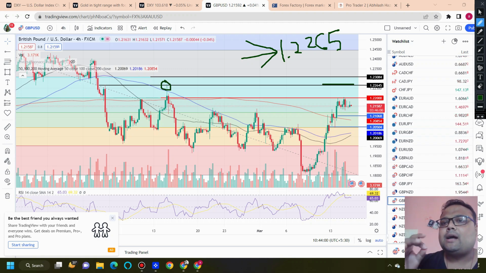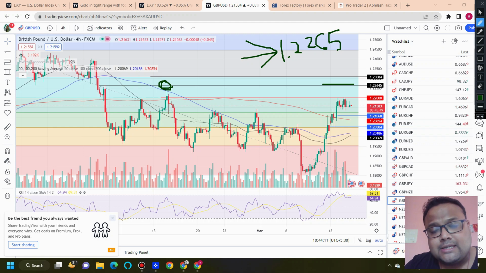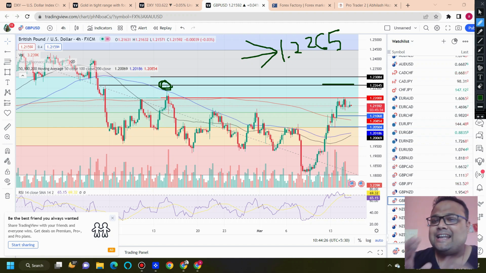So if you see the market is going up, but there is not much crazy bullishness, if you see market is struggling around 1.2265, it means that sellers around this area are still present and you can look for a sell. But get the confirmation first. In case you see that market is very bullish, market is forming a big green candle at 1.2265, use your common sense. Do not take a sell position because levels are not permanent. Okay, so a trader only trades when the opportunity is right.